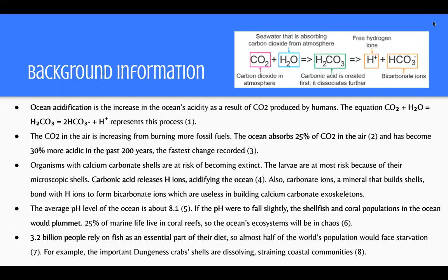Background information. Ocean acidification is the increase in the ocean's acidity as a result of CO2 produced by humans. The equation CO2 plus H2O equals H2CO3 equals 2HCO3 plus H represents this process. The CO2 in the air is increasing from burning more fossil fuels. The ocean absorbs 25% of CO2 in the air and has become 30% more acidic in the past 200 years,